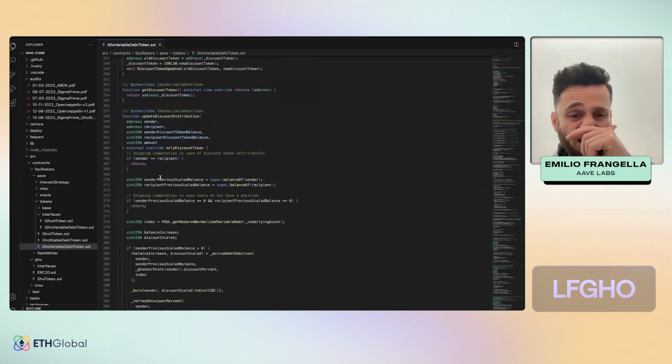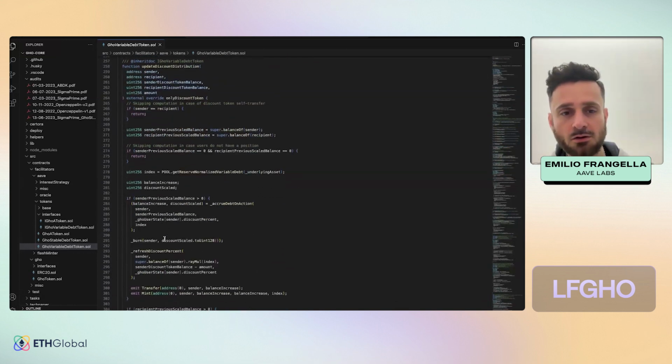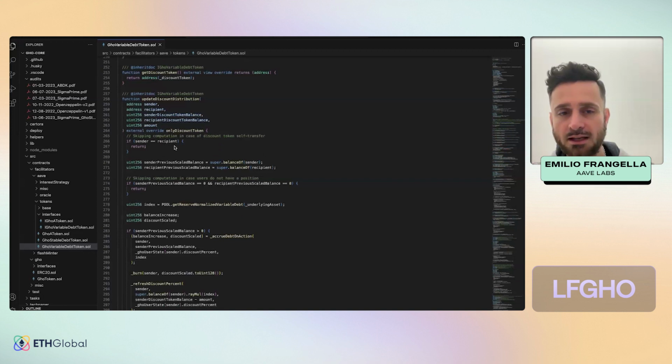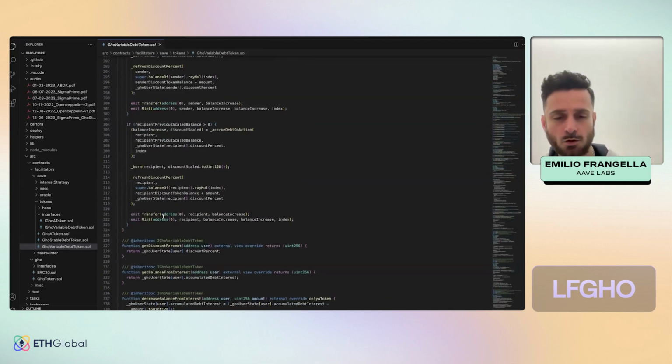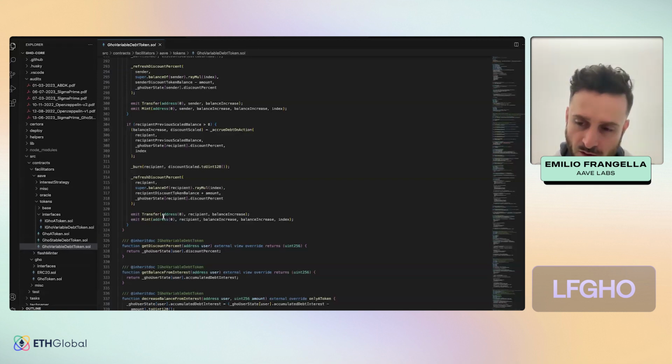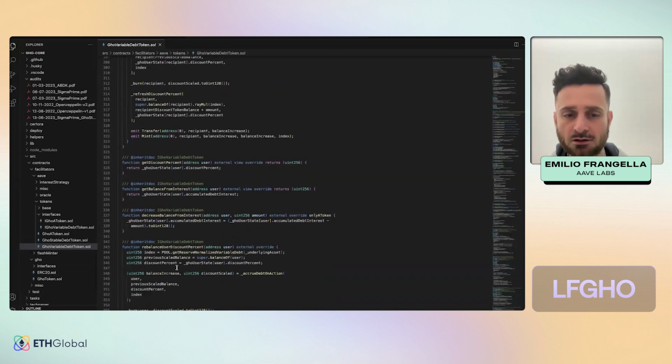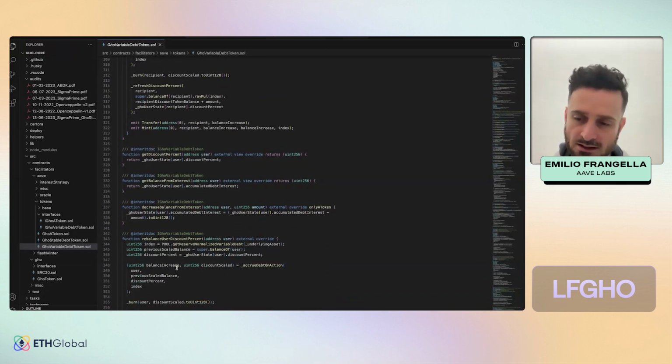And here there are a few functions that allow for the update of the discount whenever the discount is changed on the governance side, because everyone has a different discount. When the governance changes the discount, it doesn't change the discount for everyone, because everyone keeps the discount at which they borrowed. So through this particular set of functions, we are able to update the discount of individual users one by one, if that necessity arises. It's not always the case.